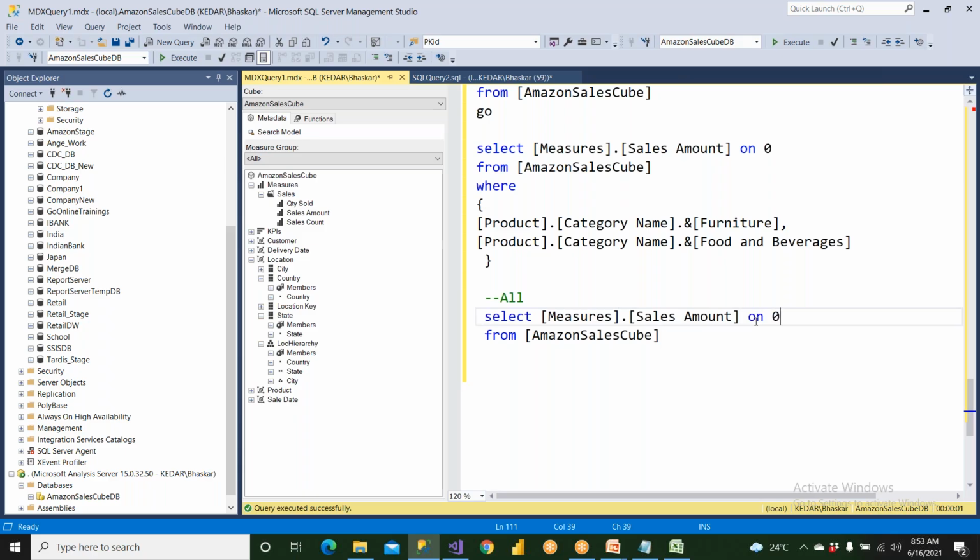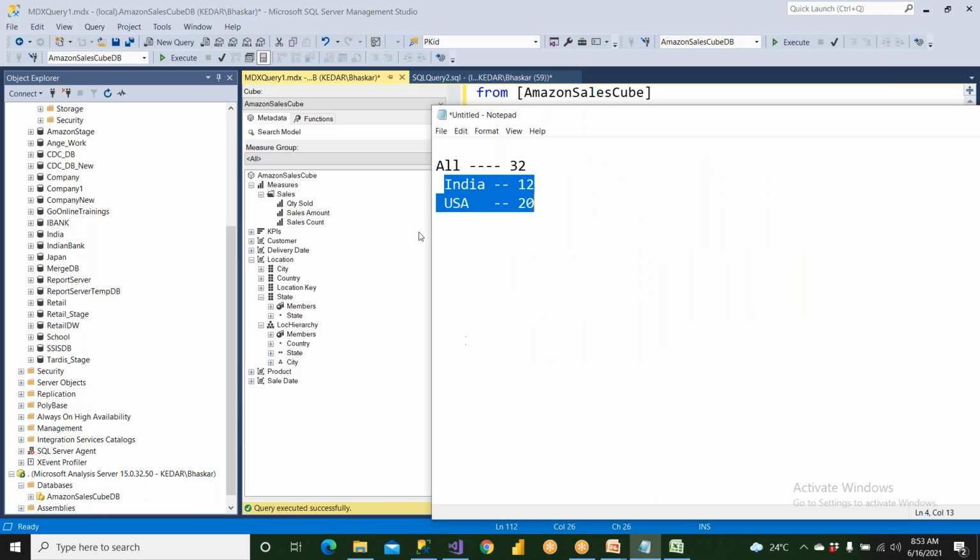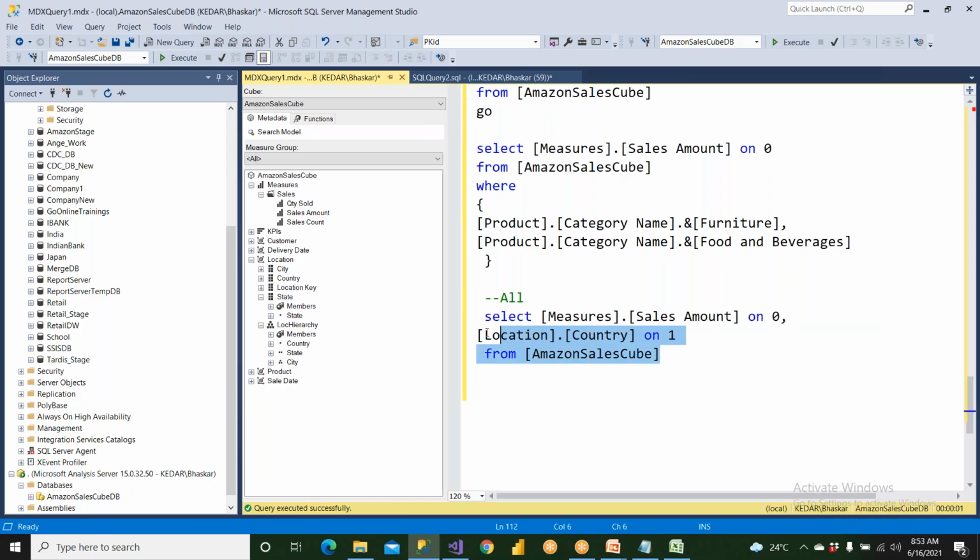So what I told you, you go to country. If you go to country, this is an attribute. I always say don't drag and drop this. If you drag and drop, you will get like this. You set on. It is pointing to what? All member. So it will give you grand total of all countries. So when you execute it,